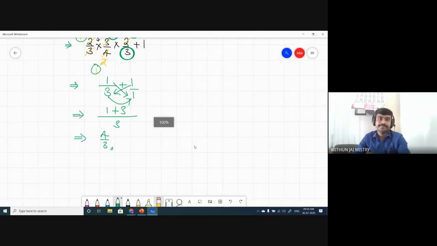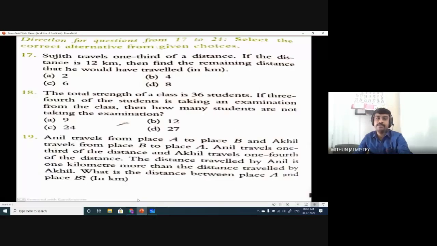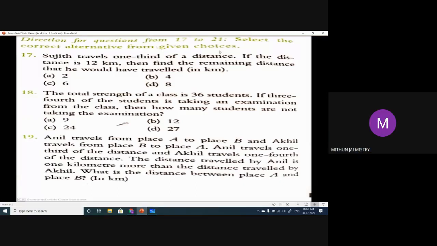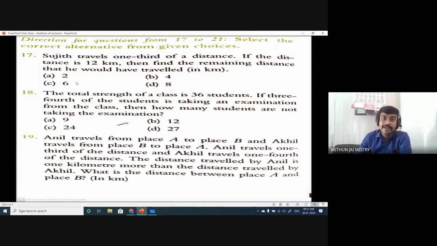Thank you, sir. Let me move to the previous questions, that is the word problems here. Select the correct alternative from the given choices. Some 4 choices are given. You have to pick the correct choice, but we are not going to write the answer directly. We are going to solve it step by step on the whiteboard, and then we will be copying. So 17th question, have a look.